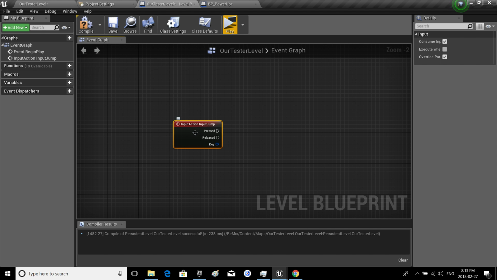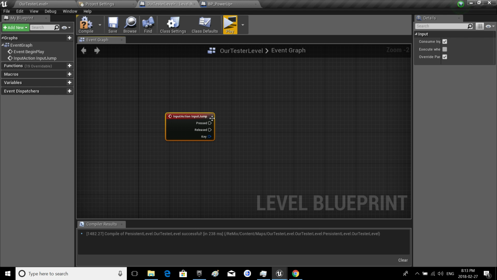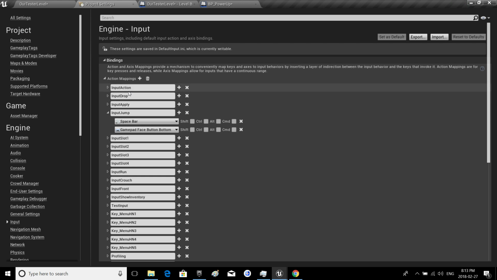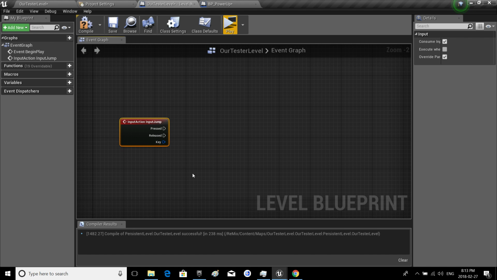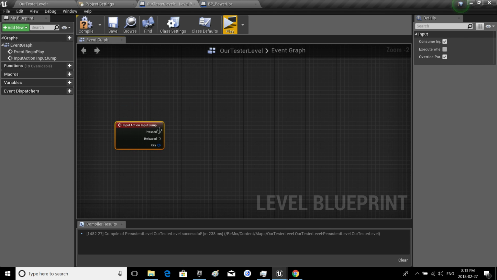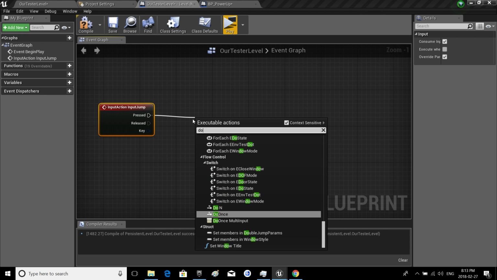This is connected to the input jump mapping, so it's basically saying whenever you press whatever button is connected to this name, input jump, which in this case is space, it will then do blah blah blah. After that, what I want to do is pull off the pressed pin and write in